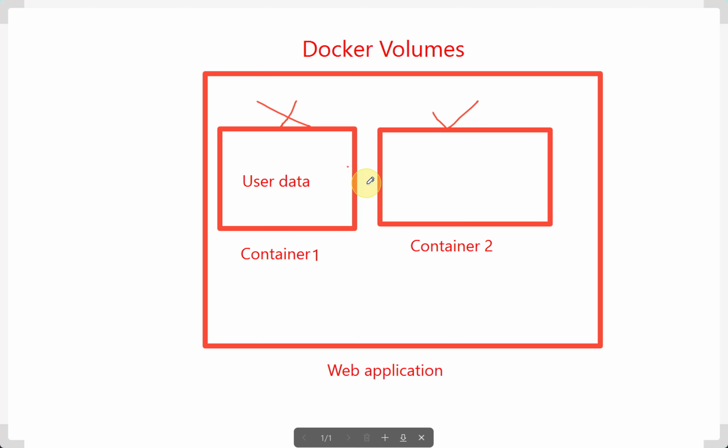To store permanent or persistent data, we have something called Docker volumes. In this case, even when deploying a new application version, when we delete the old container and spin up a new container, the old data should not be lost. Now let's see how this will work in the demo.